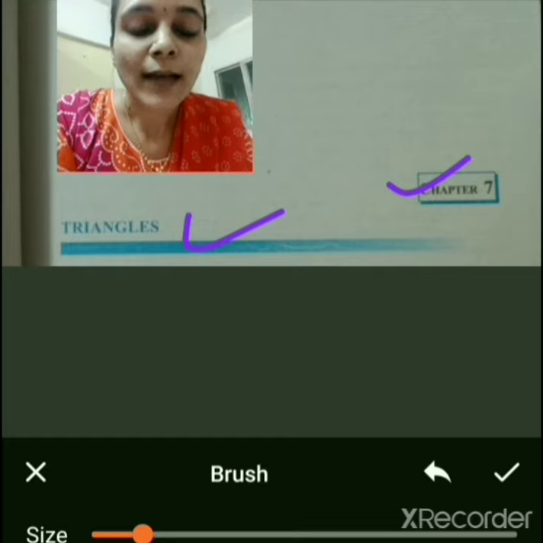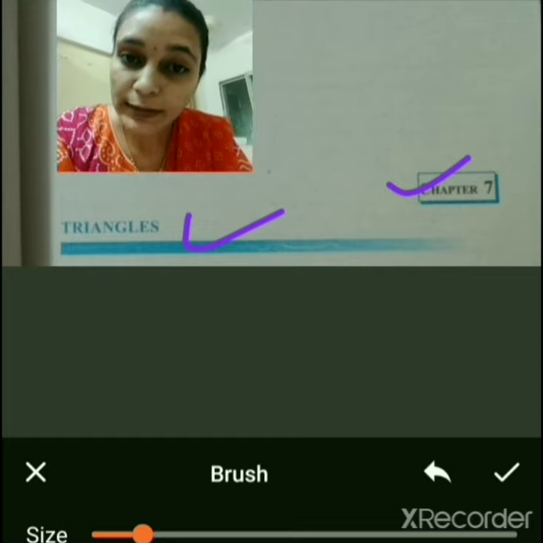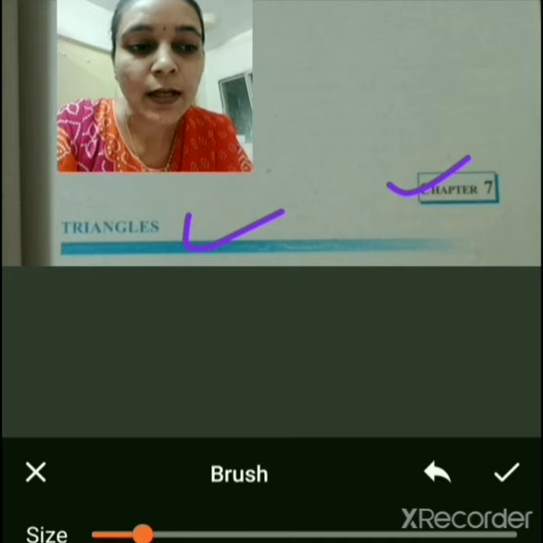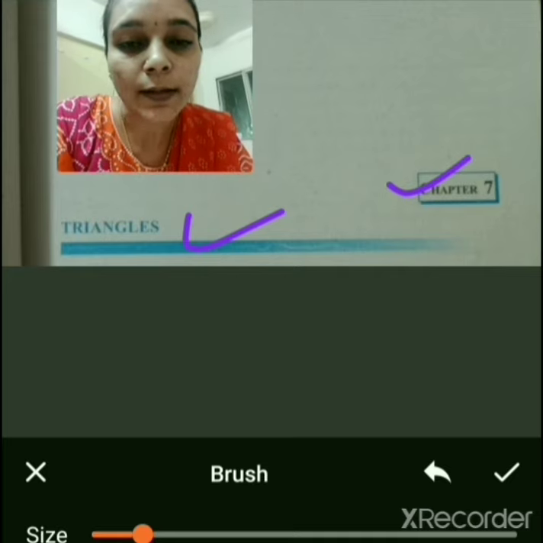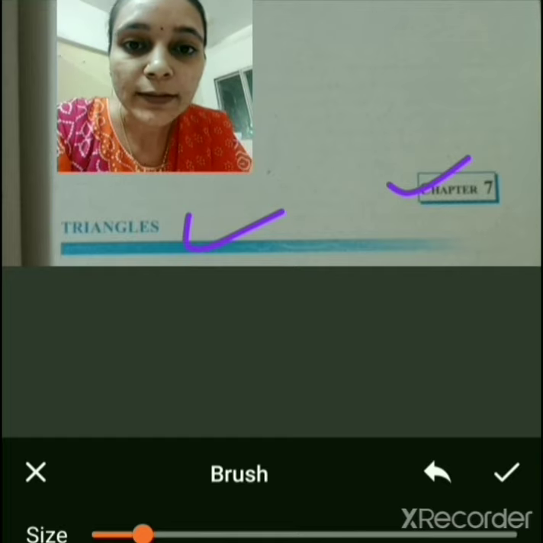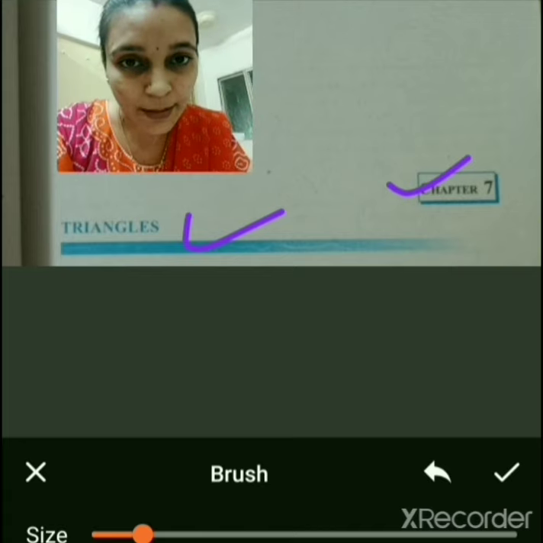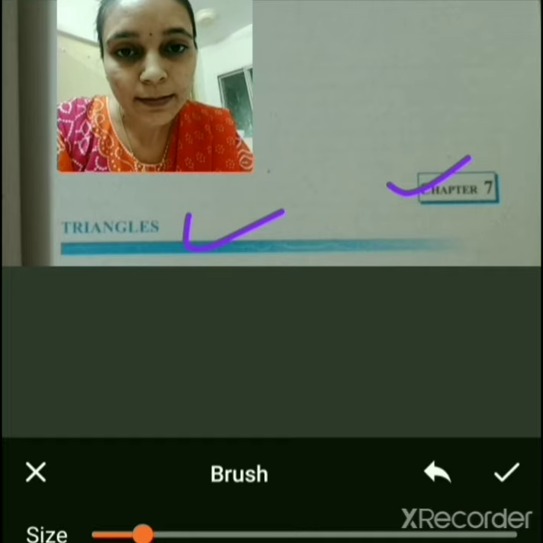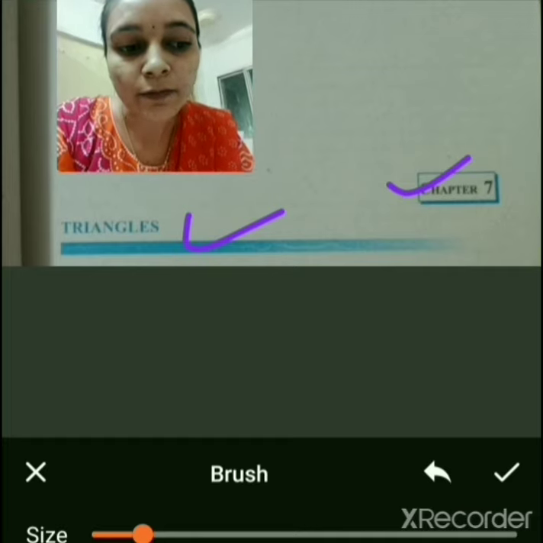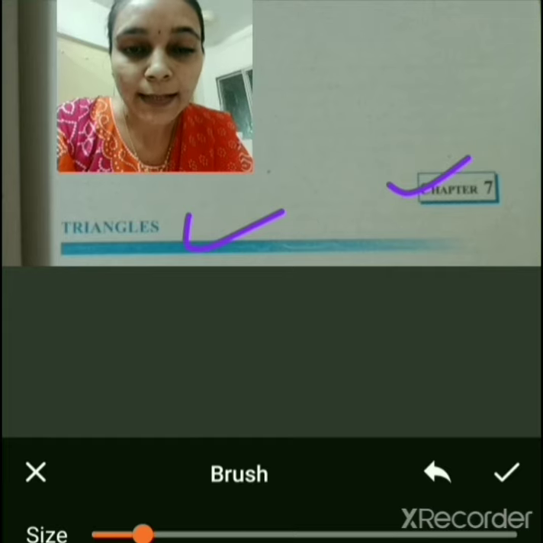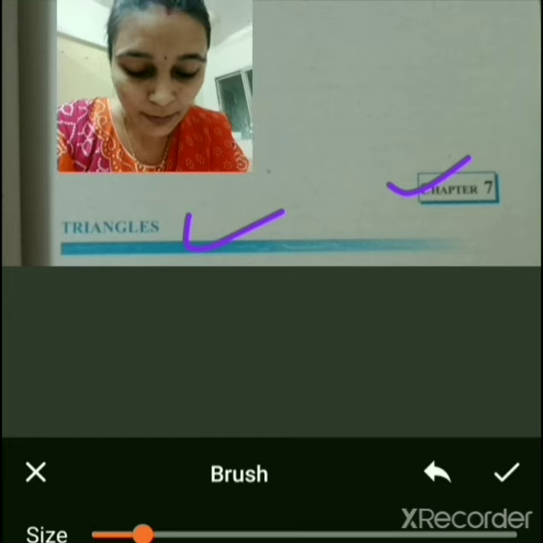A triangle having all three angles acute is called the acute angle triangle. Now according to the sides, we can divide triangles into three parts again. First is the isosceles triangle: a triangle having two sides equal. Then the equilateral triangle: a triangle having all three sides equal. The third one is the scalene triangle: a triangle having no sides equal, meaning all three sides are different, for example 7, 8 and 11. So this is all about the triangles.